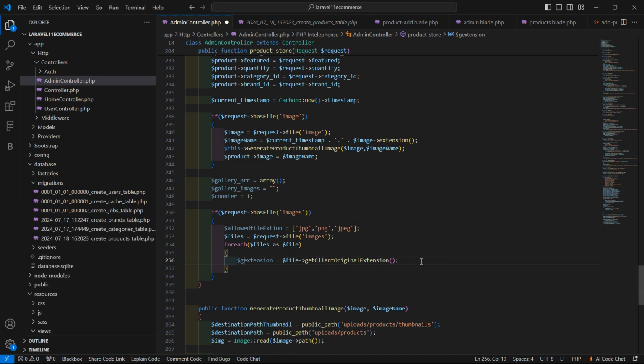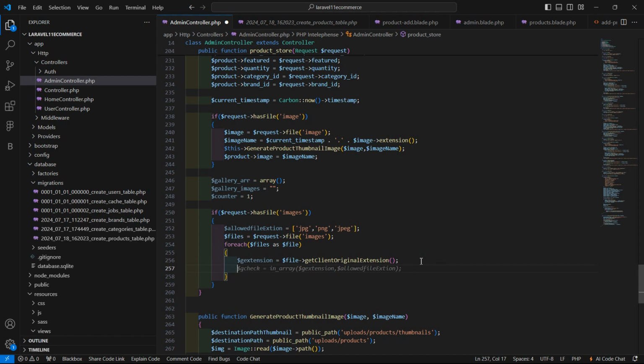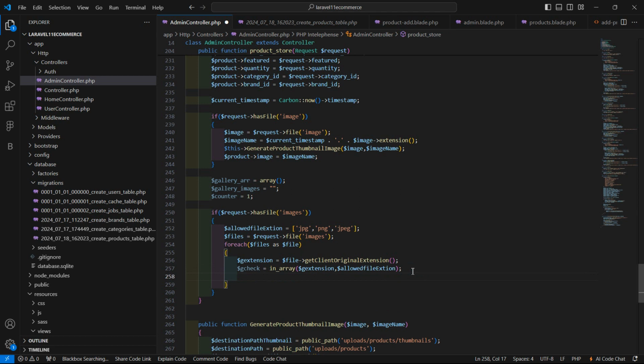Okay, and then $check, in_array, and inside this just pass here this extension and this array. Okay, and now if checked, then